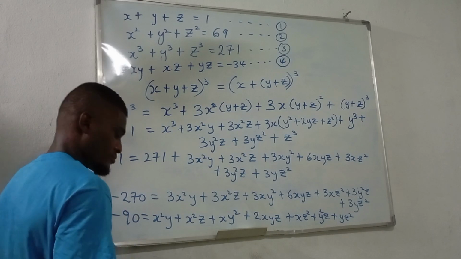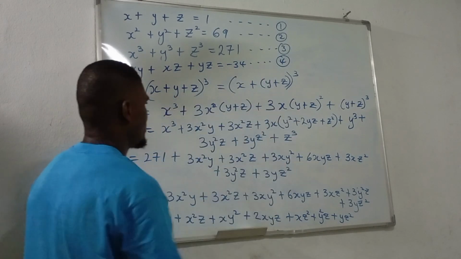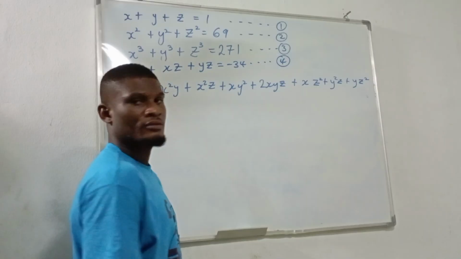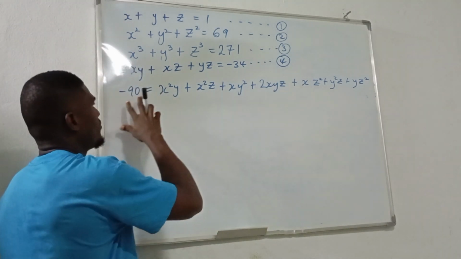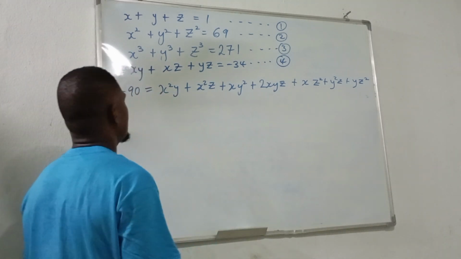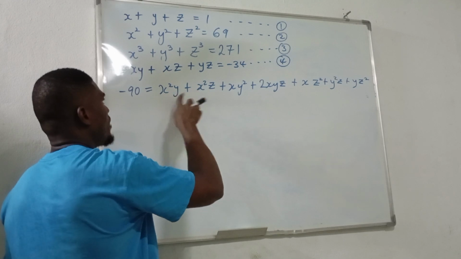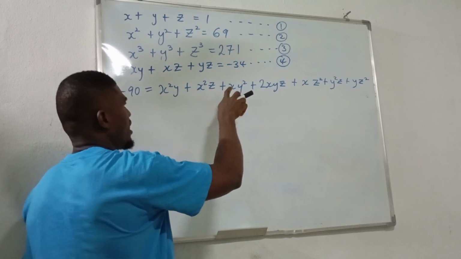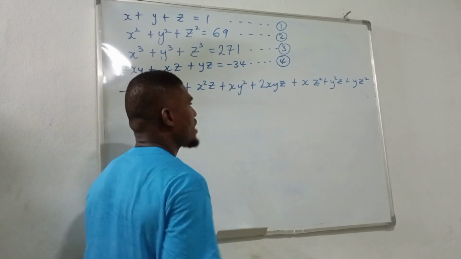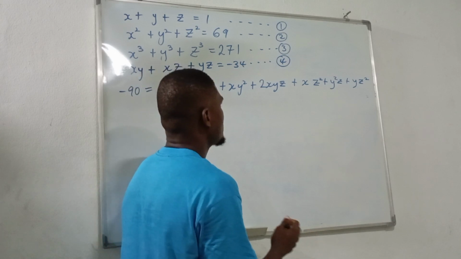Alright, so we're going to clean the rest of these so that we can continue. Okay, so now we have this: minus 90 equal to x²y plus x²z plus xy² plus 2xyz plus xz²